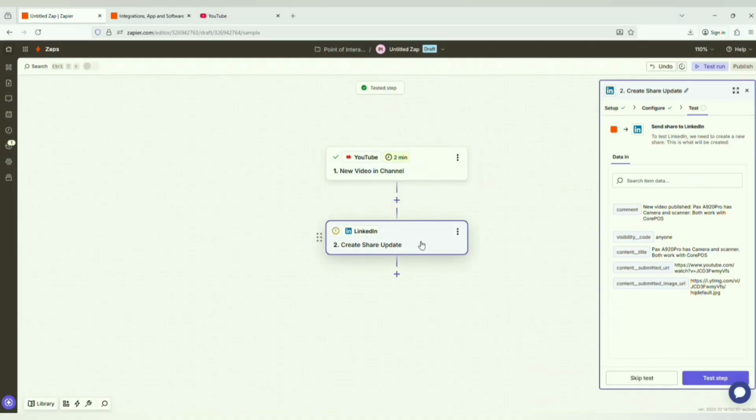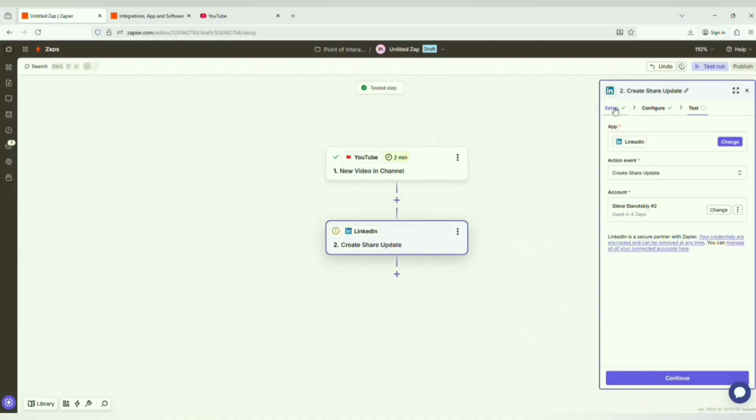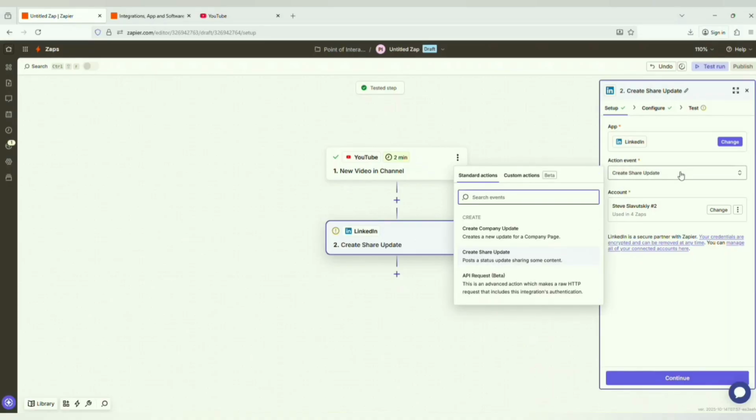Now, this is our destination. Let's go to the setup. Right, so what we said was we're working with LinkedIn, and these are the create actions, right? So we're not taking anything from LinkedIn, we're pushing stuff to LinkedIn. And what can we push? We can create a company update, and we can create an update, create a share update, or do some API requests. One of the limitations that we found is that,